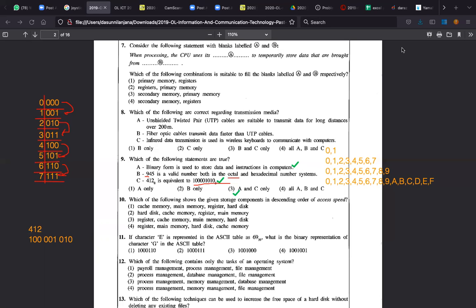If you need, please note these things: valid digits in binary, octal, decimal, and hexadecimal. Then the conversion part. You can write 3 by 3 and convert that to octal. You can write 4 by 4 and convert to hexadecimal the other way. Let's remind that in another question, right? Remember it when we do a question.